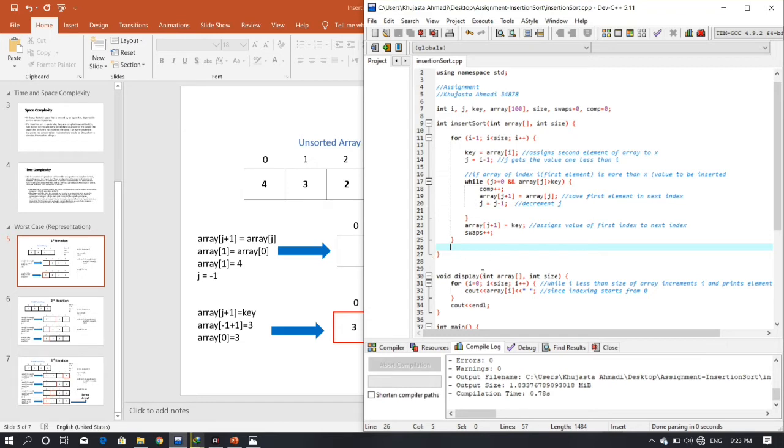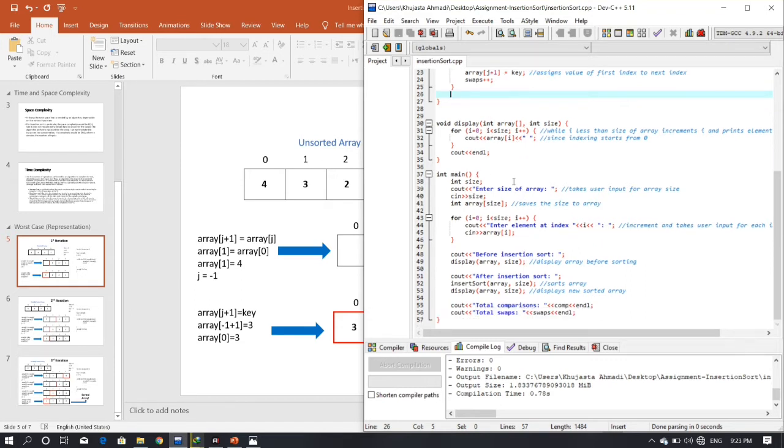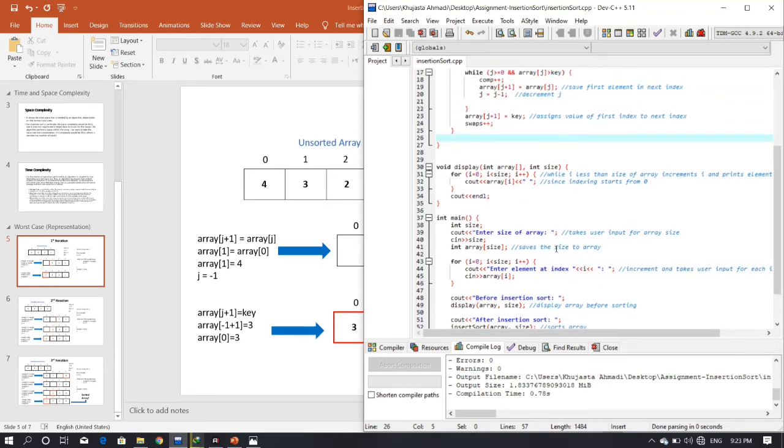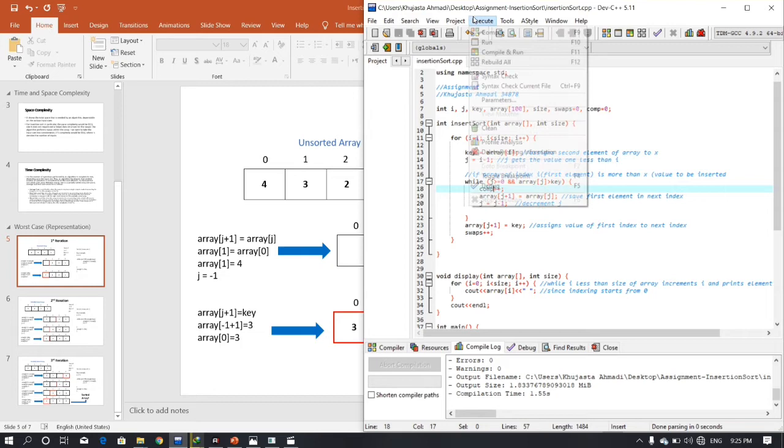And now this is the print method, which is a simple step of a for loop, and this is where the user inputs are taken, which is the main method. So if we run it here,